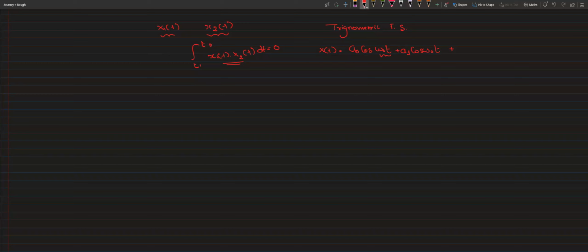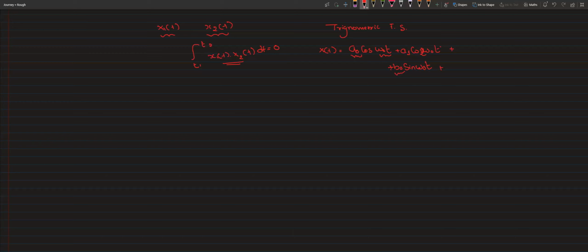This is the even term. Same way, we will have odd terms as well: b naught sine omega naught t plus, and here one thing I missed, 2 omega naught t, 3 omega naught t, and so on. So b naught sine omega naught t plus b1 sine 2 omega naught t, and so on. These are the even terms and these are the odd terms, and you also have DC